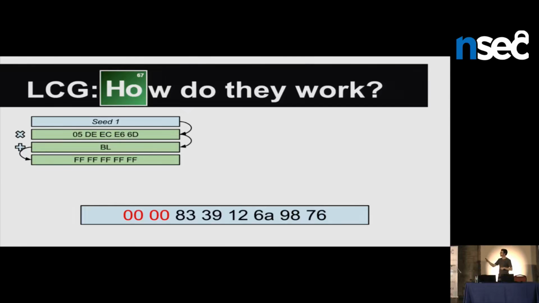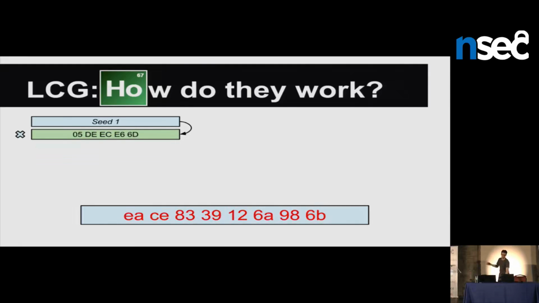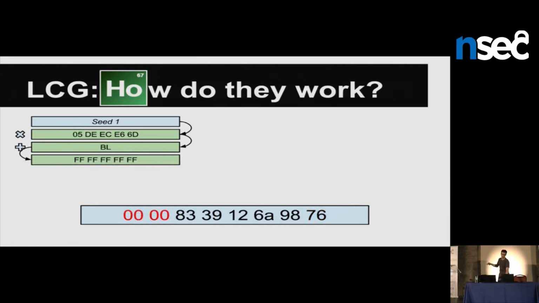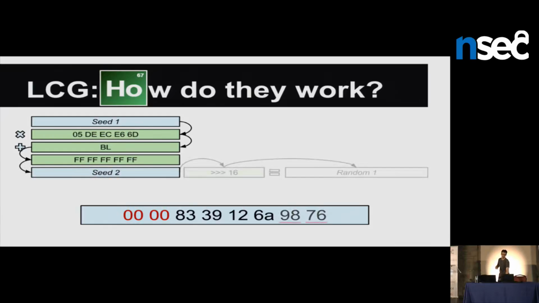So actually at the bottom is the current value. We multiply the value with this constant. Then we add the value B, which is an L just for long. It's an artifact. And then we XOR it with FFF to just keep the bits we want, the less significant ones. Then this is going to be our seed that is going to be used for the next value. And the last operation is that the less significant bits are truncated, and then this is going to be the int value that is generated by the